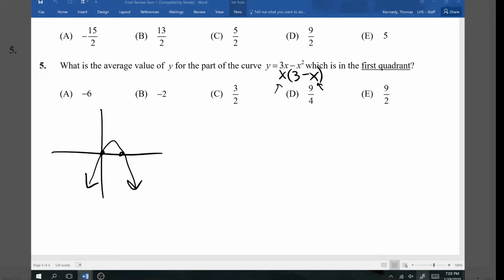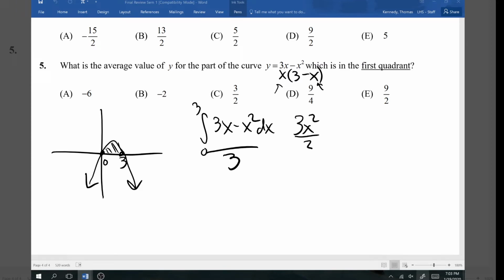And once you've drawn this picture, what's in the first quadrant is just this stuff, which goes from 0 to 3. So pretty easy to set up our integral. We're integrating from 0 to 3. We have our function, and we're dividing by 3, which is the width of the interval, to find average value. So we take an antiderivative. Whoops, I should have put a dx here. 3x squared over 2